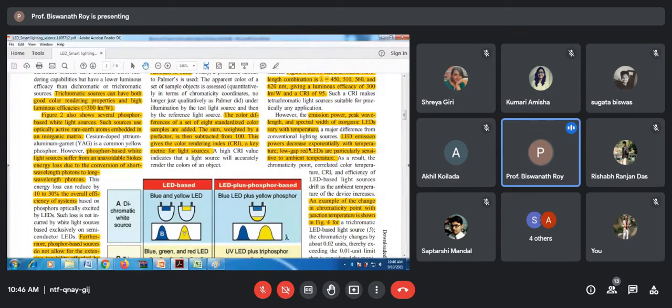Lumen per watt, the color, that is the chromaticity, that means spectral composition, is a function of the junction temperature. And junction temperature means the PN junction temperature. And junction temperature is governed by the ambient temperature and the thermal management of the LED light